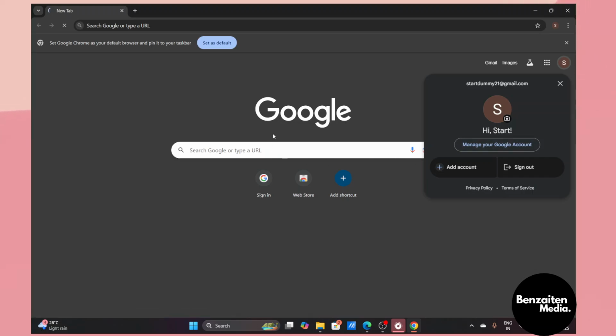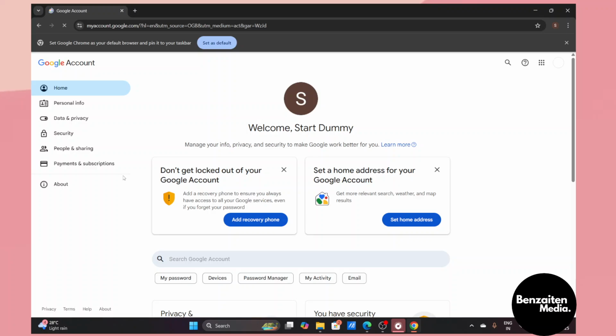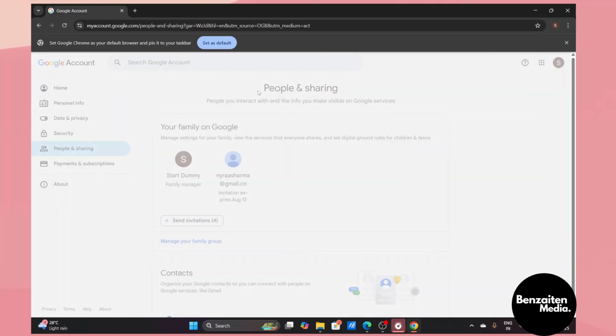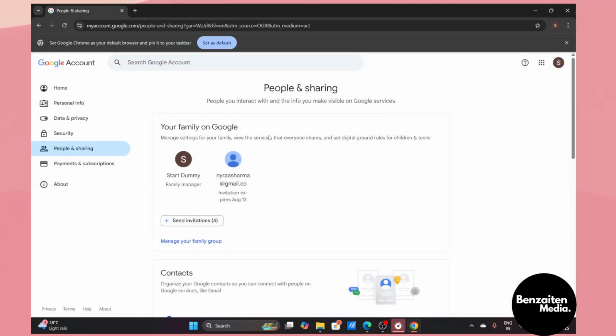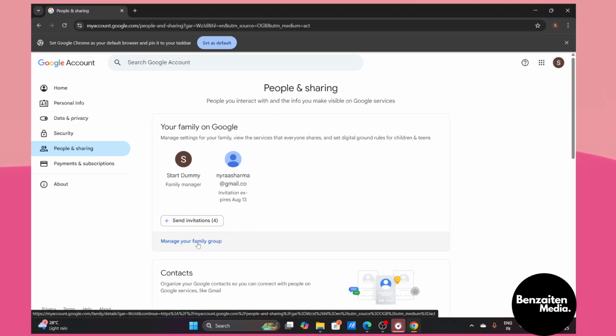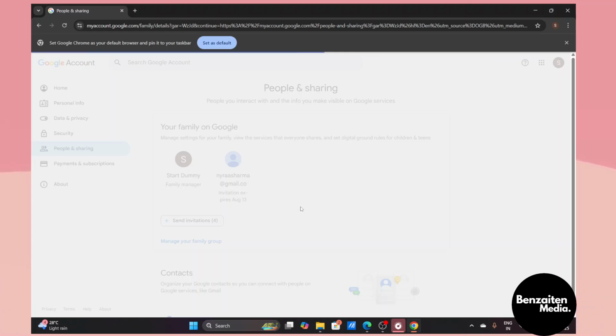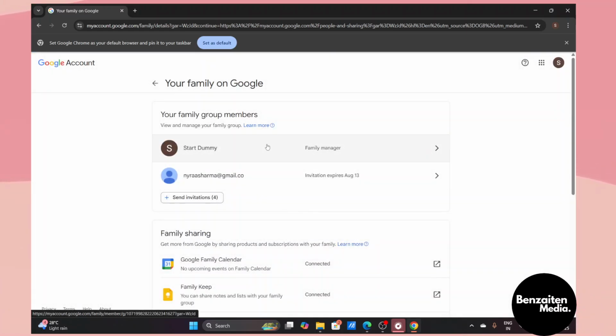Once you are in, on the left hand side, you will see the people and sharing option. Click on this and you will land on this kind of interface. Now here you have your family on Google. So click on manage your family group, and once you are in, here is the list of all members